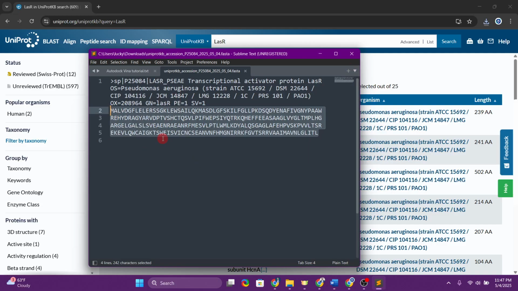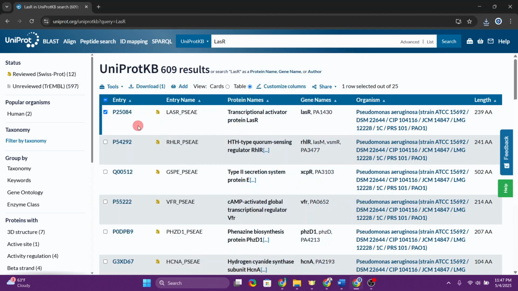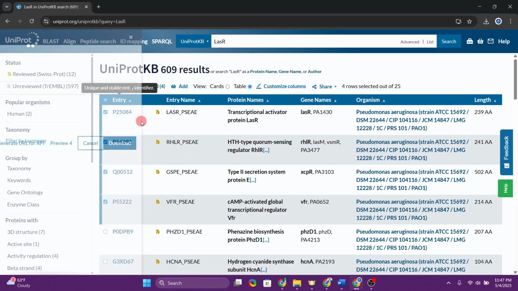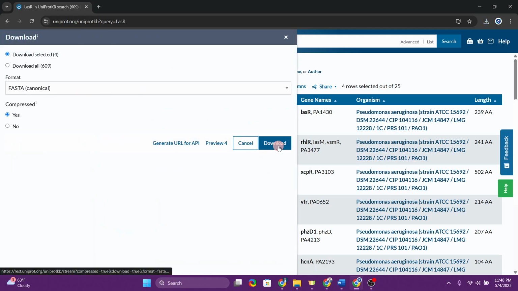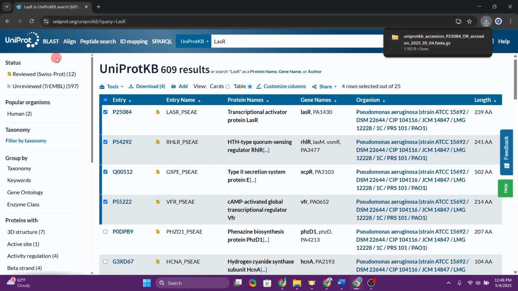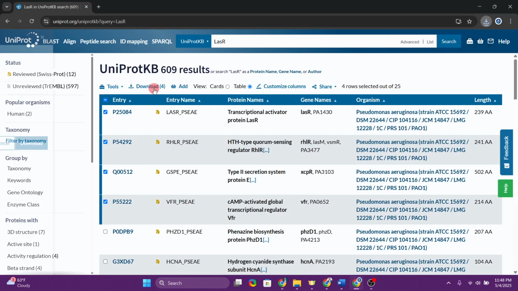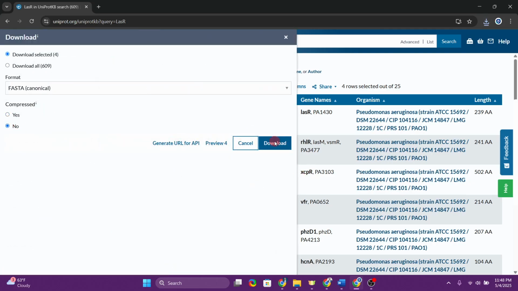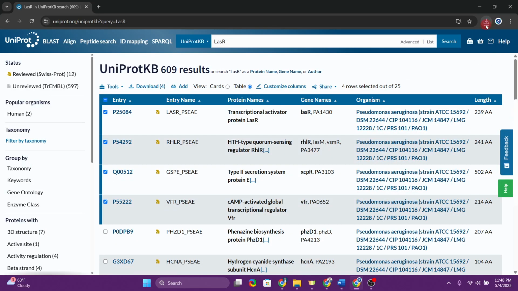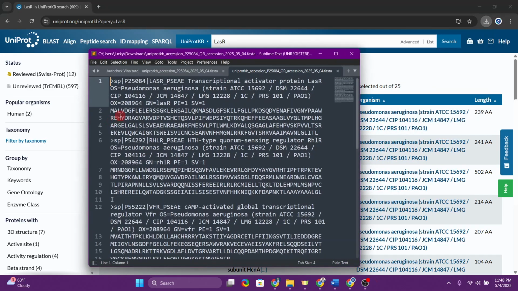If you click on multiple organisms, you can have another protein information along with this. So you can have multiple proteins downloaded immediately in the form of FASTA file. For example, if I click on these 3-4 proteins and then I click on download, I can get all those 4 files. So it got downloaded in the compressed form. So I don't want that. I'll immediately just download the text file by not compressing it, and then you can actually see it's more crowded,